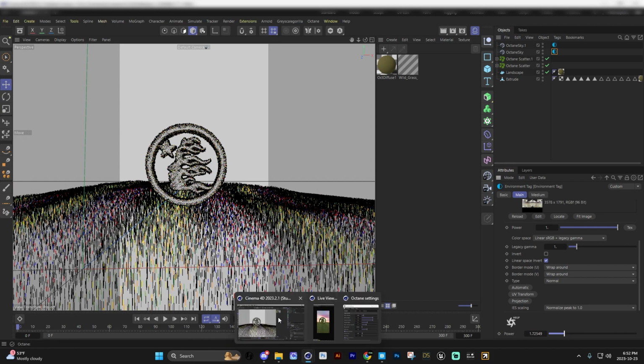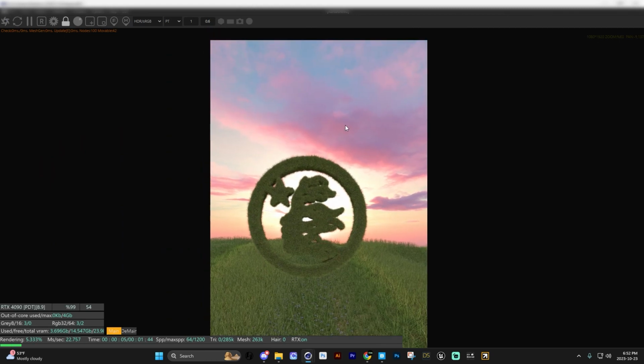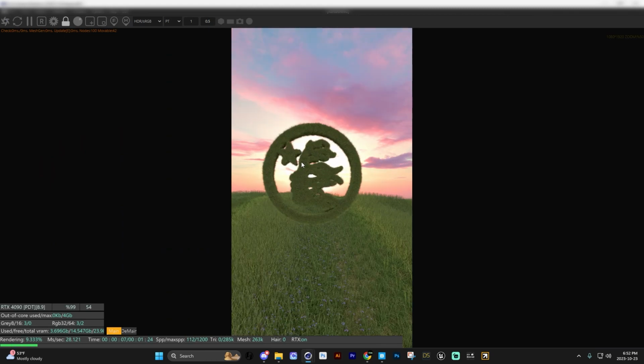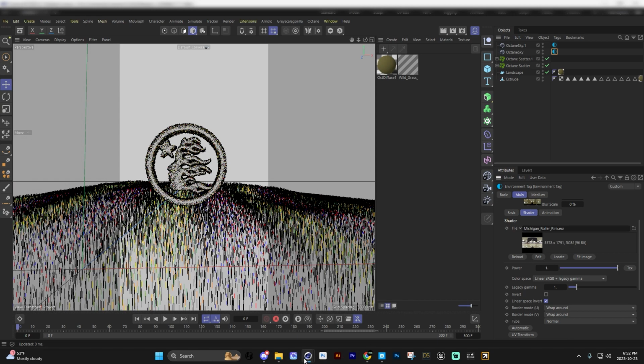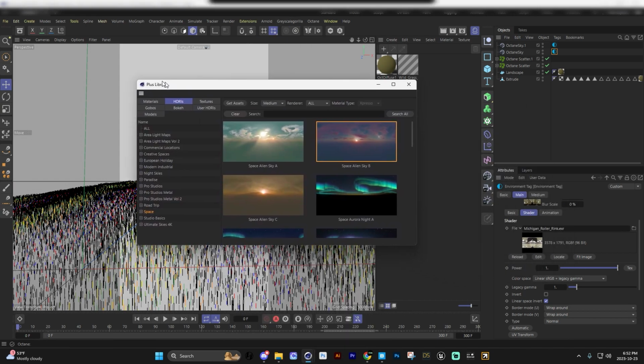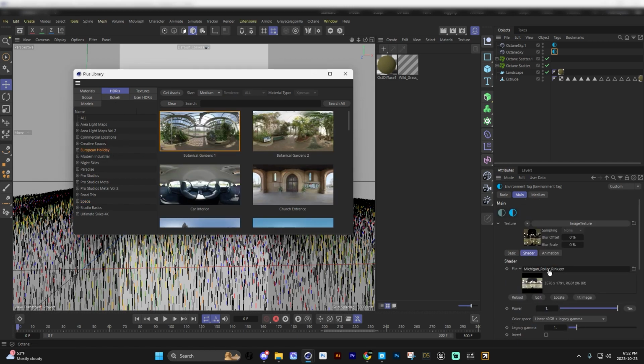Still looking for a good one here, but this is what it's looking like so far. As you can see, there's more lighting. We got the sky, and yes, this is what it's looking like on the live viewer. So basically, the scene's coming to more life. Like I said, though, you just want to find the perfect HDRI, which could take time sometimes. I've literally spent hours looking for HDRIs just because I want that perfect look, the shadows, the way it hits. It makes the scene look complete, right?